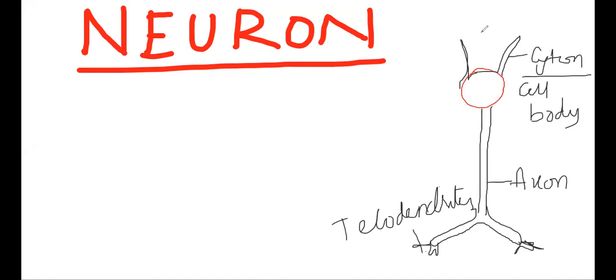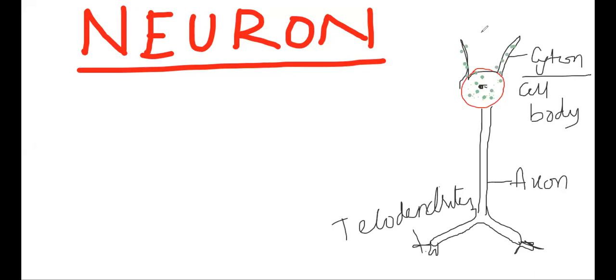Next, the nucleus we will find in the cyton, and very important here for our topic is the Nissl granules. So we have to talk about the Nissl granules. Can we see them, or should I elaborate? Yeah, a little bit I'll elaborate. Where do you see the Nissl granules?